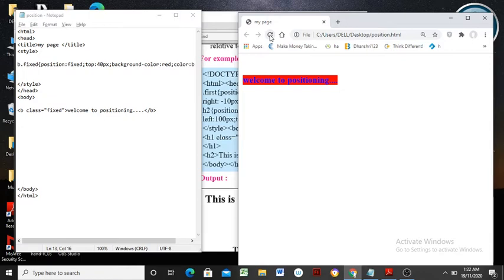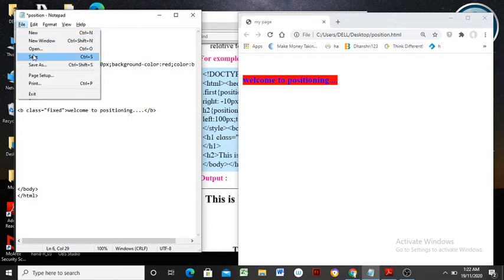The background color is set as red, and there is a space of 40 pixels at the top. One can change values here. Suppose I want to increase the top margin by using the attribute top of 60 pixels.